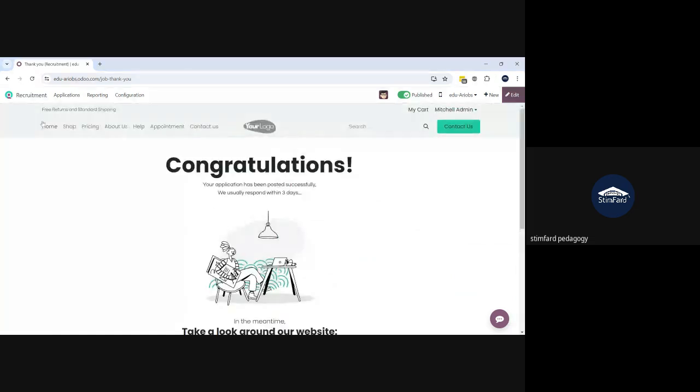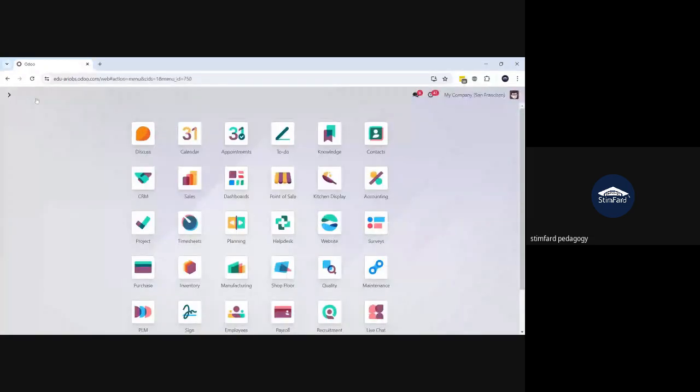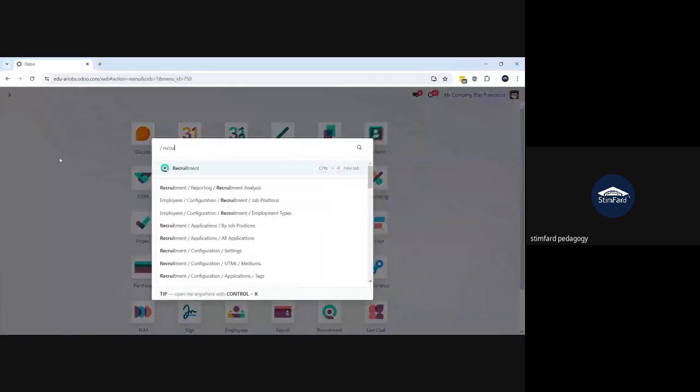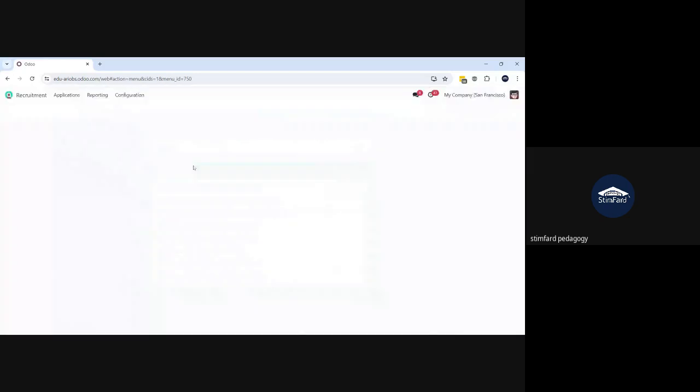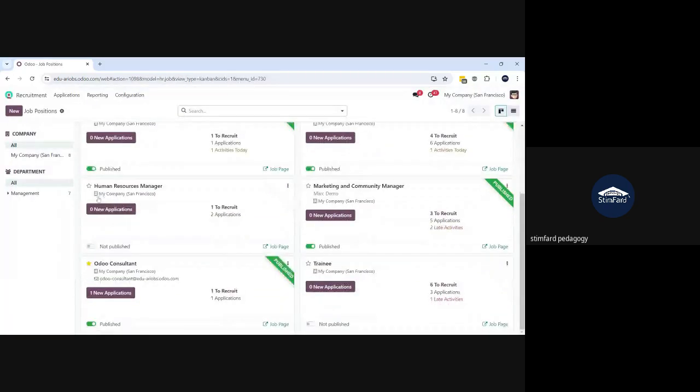Now it's time to go back to the recruitment app. So let me go to the recruitment. I was on the website as an applicant. Now I'm going to the recruitment. What happened with the recruitment? So if I go to my Odoo consultant position page, you can see here one new application